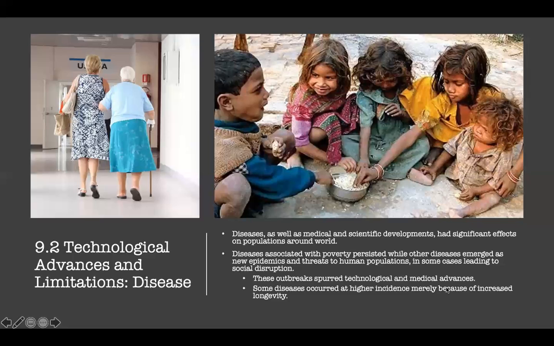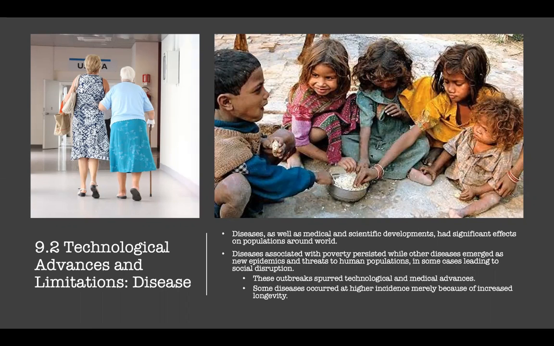But guys, there are limitations to technology. Not all diseases can be cured. And in many ways, diseases are going to have significant effects on the populations of the world. So first off, even though things are a lot better here in the 20th century and the 21st century, there is still poverty around the world. And unfortunately, there are still children dying of diseases that are easily cured. All right, which is terrible. These are diseases of poverty, right? Cholera,